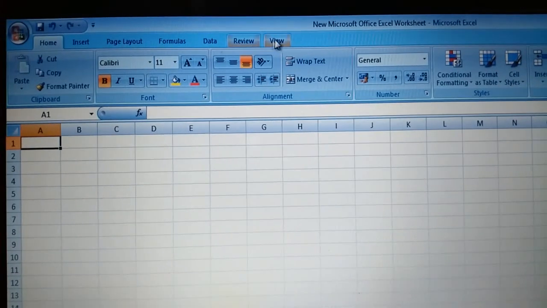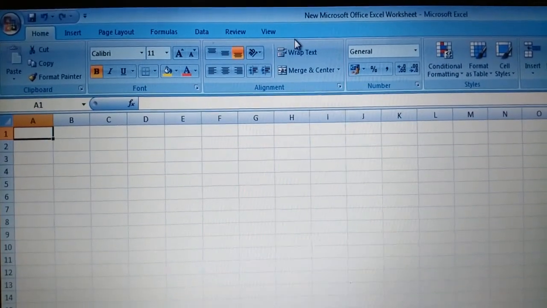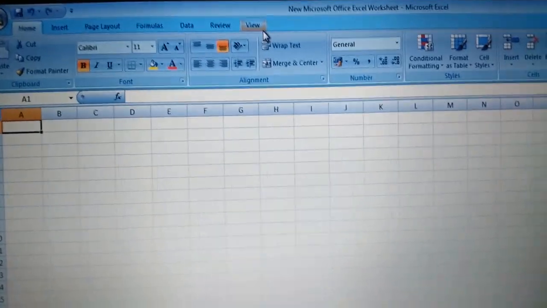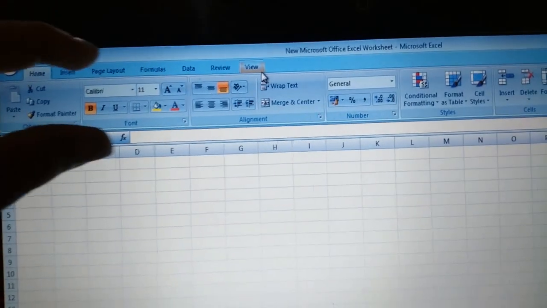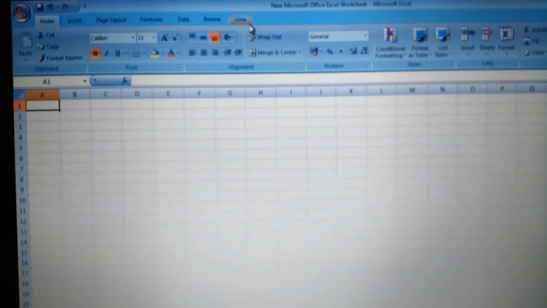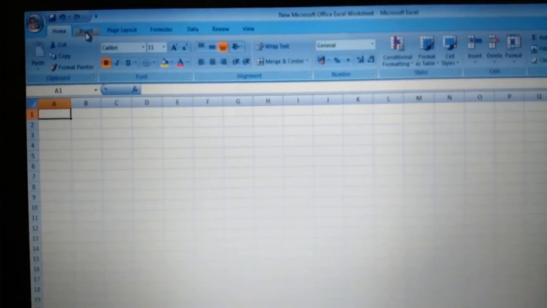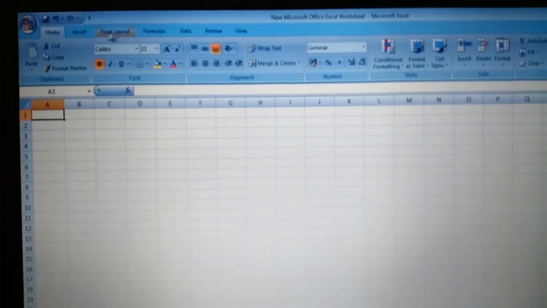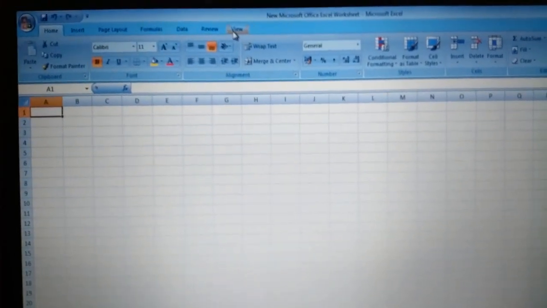The part below the title bar is called the ribbon, and the ribbon is divided into several tabs like home, insert, page layout, formula, data, review, view.